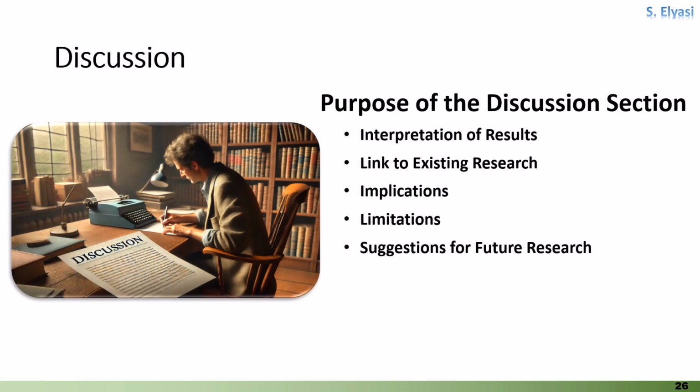For future work, authors often suggest areas for further study based on the results and limitations of their research. This might include refining methods, exploring questions that arose during the study, or testing the findings in different settings or populations. While some papers include a separate conclusion, many integrate it into the discussion. This summary should succinctly encapsulate the main findings, their importance, and the principal conclusions drawn from the research. The discussion is essential for situating a study within the scientific community and for guiding future research directions.